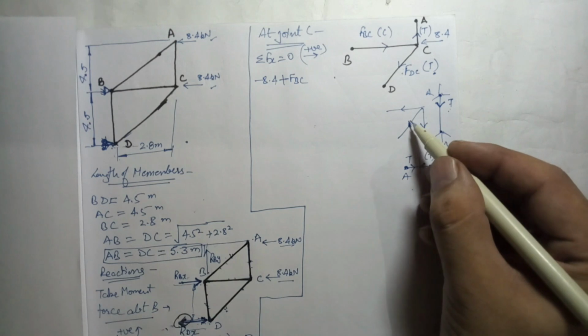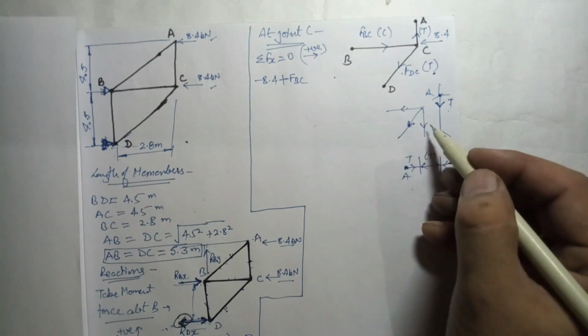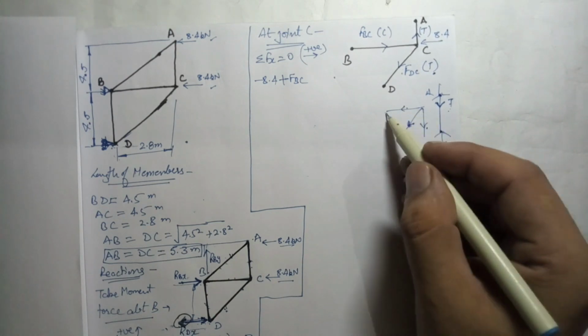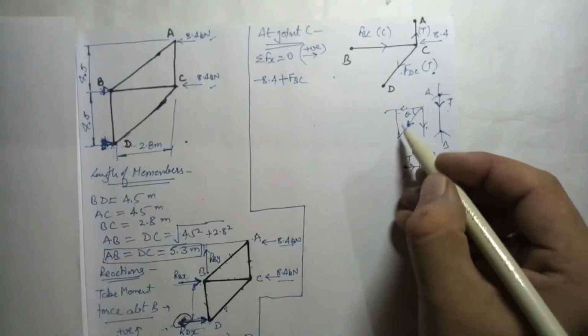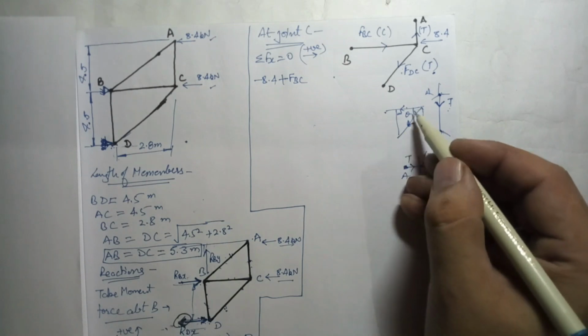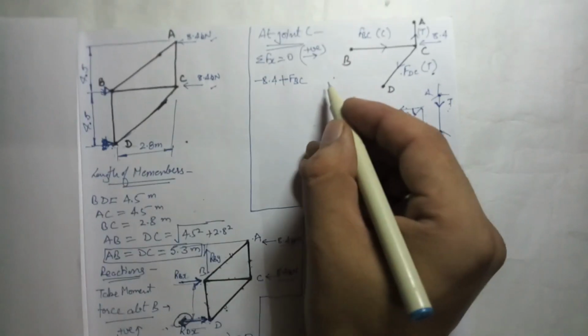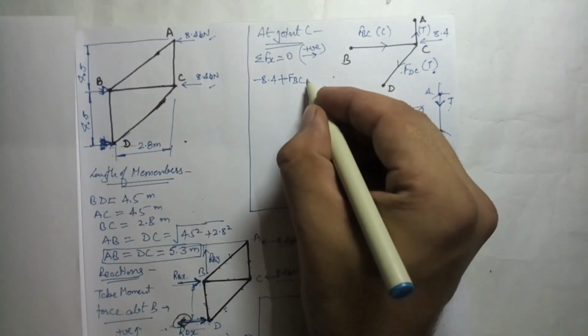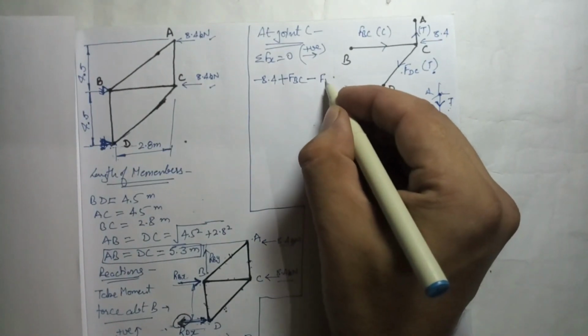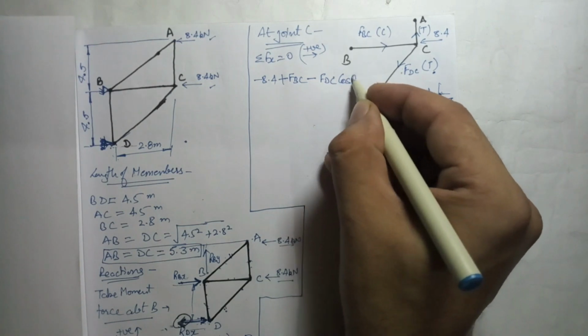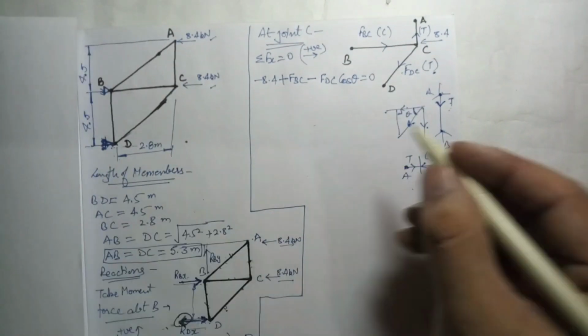So this is the force direction. It will have two components, this and this. Now we are taking the horizontal component, so we need this angle. If you have this triangle, I can say this will be cos theta, so I will say direction is this, so it is opposite to the assumed direction, so this will be minus FDC cos theta, that is equal to 0. Now we can find out the cos theta.